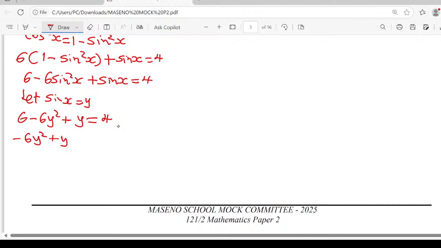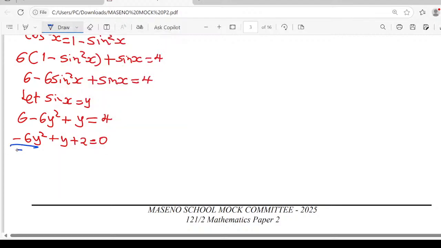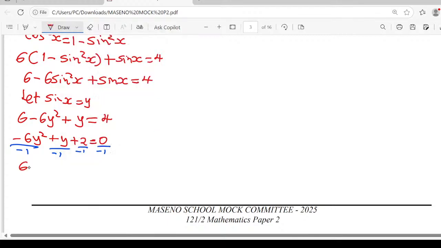Now this will be 6 minus 4, that will be plus 2 being equal to 0. When the 4 crosses over, it will be 6 minus 4, which is positive 2. I can maybe divide through by this negative 1 to remove that negative there. So I divide every term by negative 1, and if I do that division, I'm now going to get 6y squared minus y minus 2